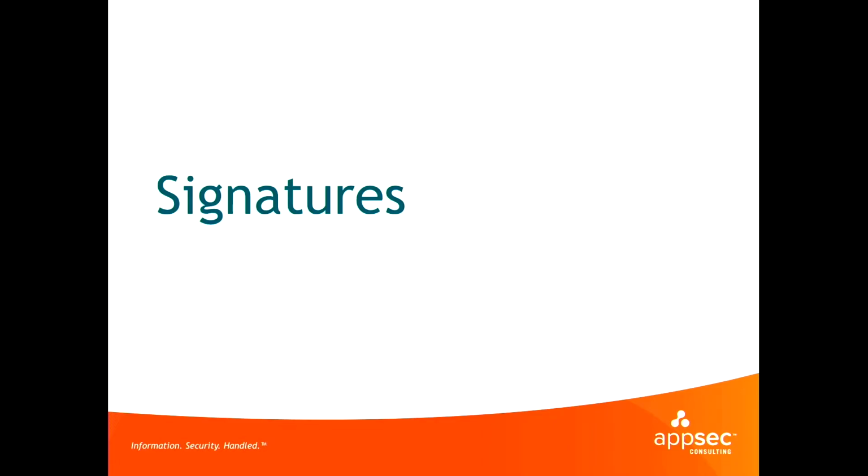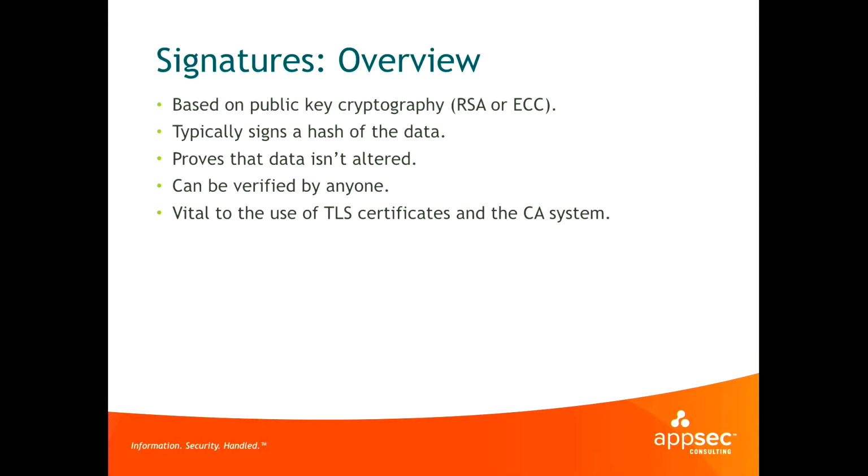All right, moving on to something that I find just slightly more interesting. Signatures. This is fun. Signatures are based on public key cryptography. They conceptually share a lot with a MAC. They allow you to verify that data hasn't been altered. But what's important is they allow everybody to validate that the data hasn't been altered. To validate the signature, all you need is the person's public key. That's made freely available. So anybody can verify this.